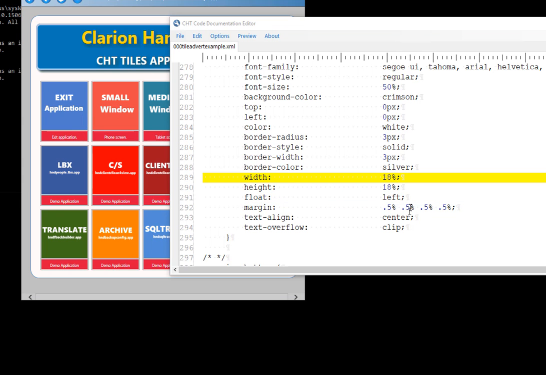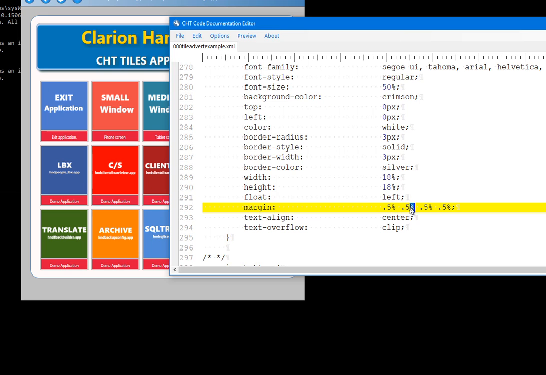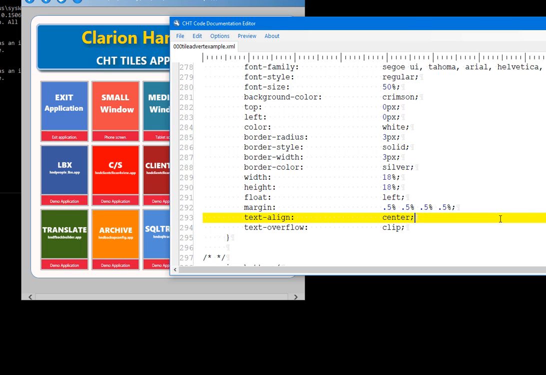Well, I have put a margin of 0.5%. So this margin has been made to appear all the way around the box. So this is the top margin, the right hand margin, the bottom margin, and the left hand margin. I've set them all the same. So that is basically the white line that's all the way around here. There's a margin of 0.5% of the window